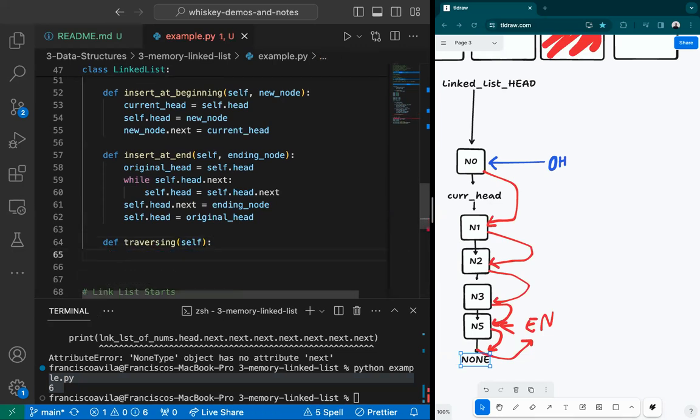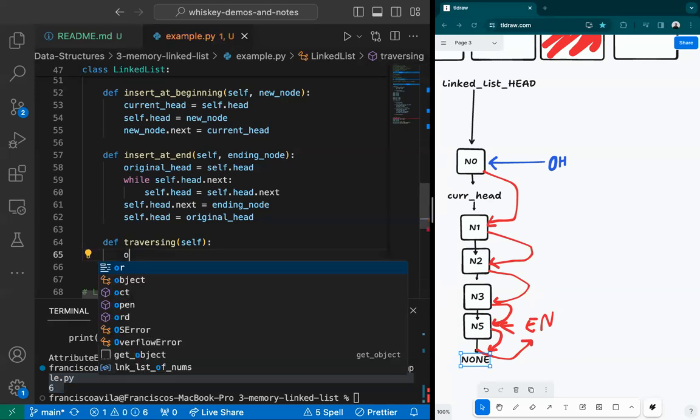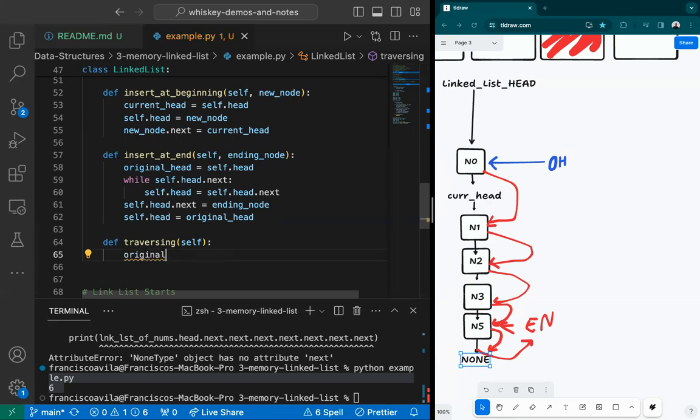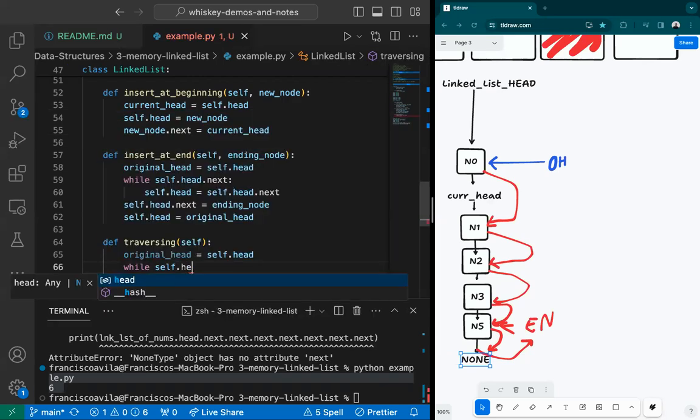This is just going to take in self. We're going to say that the current head or original head is equal to self.head. And then after that, I'm just going to go ahead and say while self.head